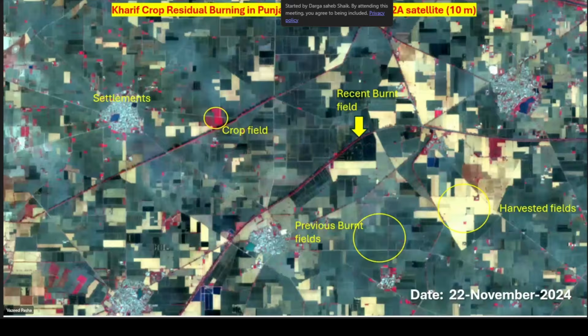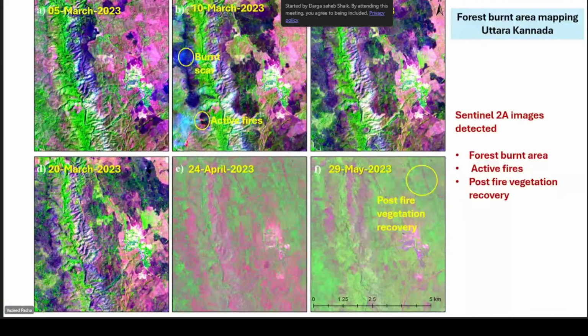Now, how to detect forest fires in forest ecosystems? In this one, I am showing a series of Sentinel-2A 10-meter images: the forest burnt area, active fire, and post-fire vegetation recovery. Now you can see the first image, 5th March 2023.